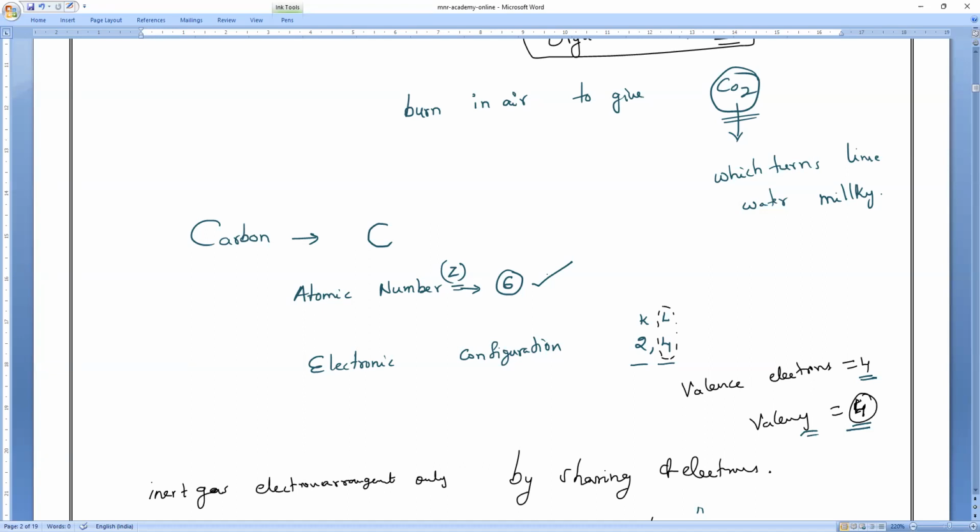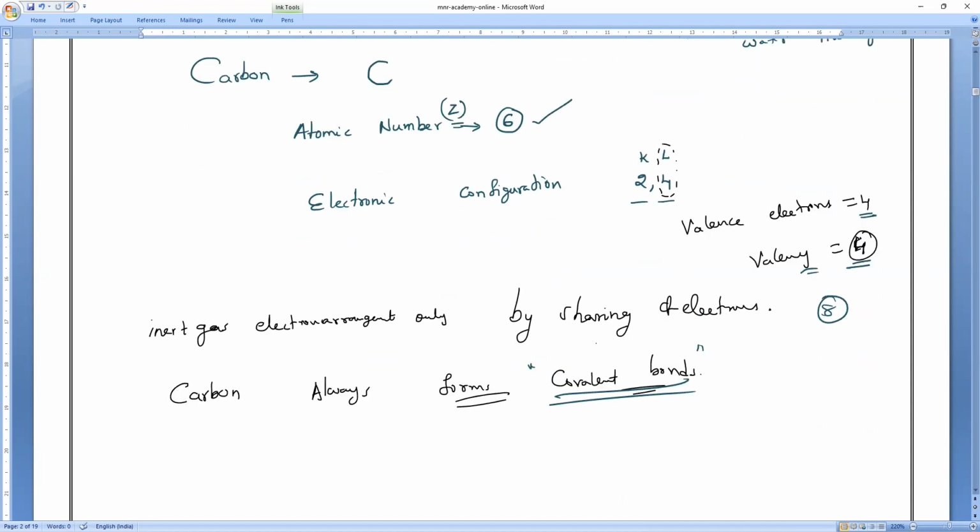So to acquire the inert gas structure of 8 electrons in its outermost shell, the one and only way is what? By sharing of electrons. So carbon can achieve the inert gas electron arrangement only by sharing of electrons,